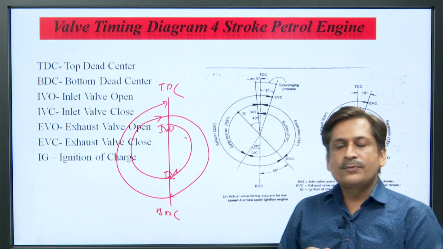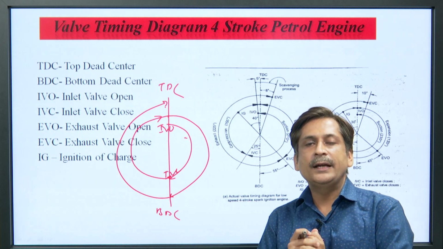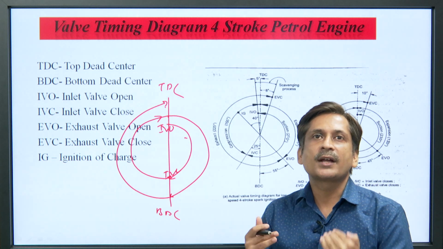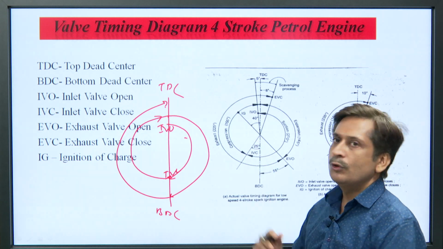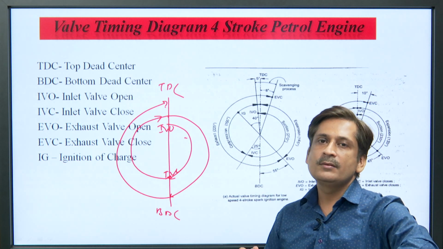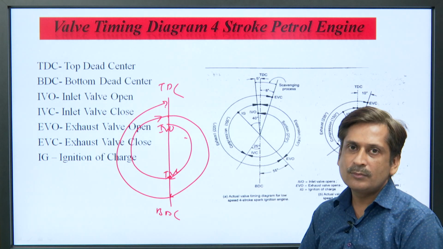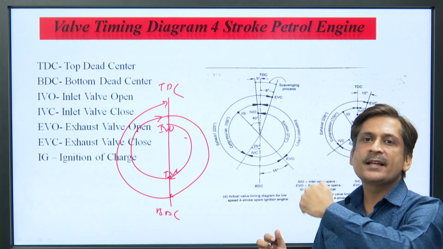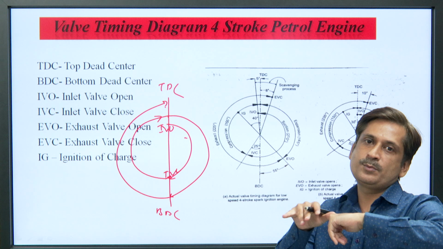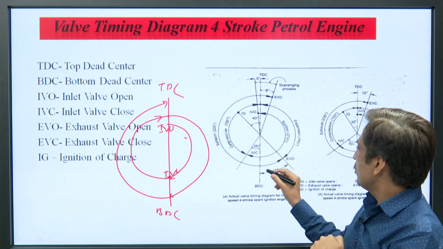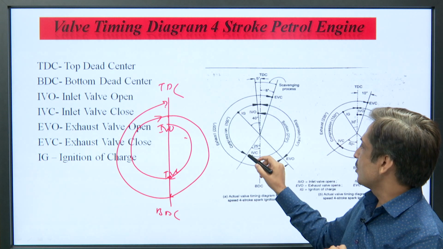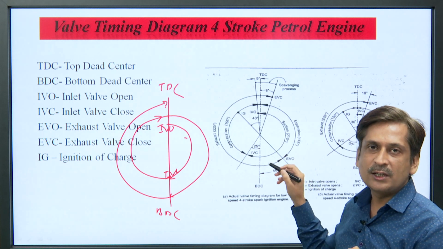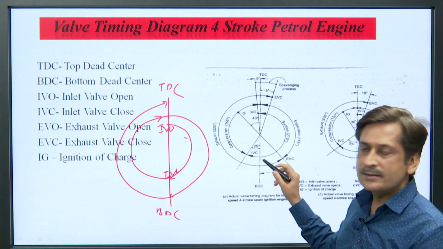So, why is it done? Because the fuel coming in needs some time, and because of the inertia of the valves we need some time, that is why the valve should be opened before, so that the complete charge can come into the cylinder. And why is it closed after bottom dead center? Because the fuel is coming in with very high kinetic energy. We want the charge to be as much as possible during the suction stroke, so we cannot stop the closing of the valve here, we stop here. Because of the ram effect we are able to have the maximum charge inside the cylinder.